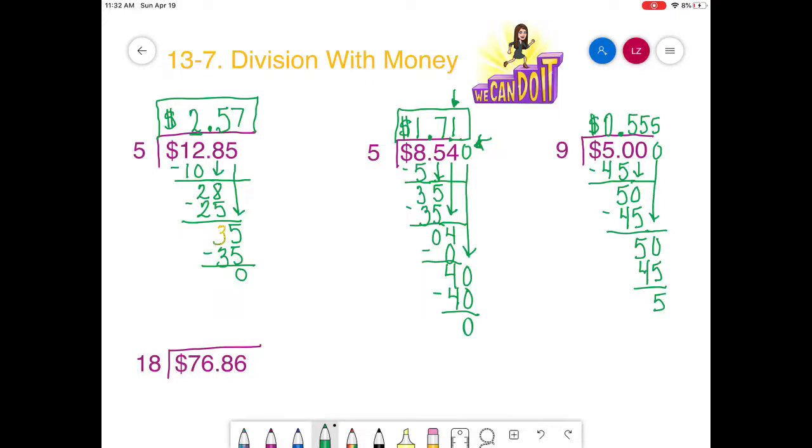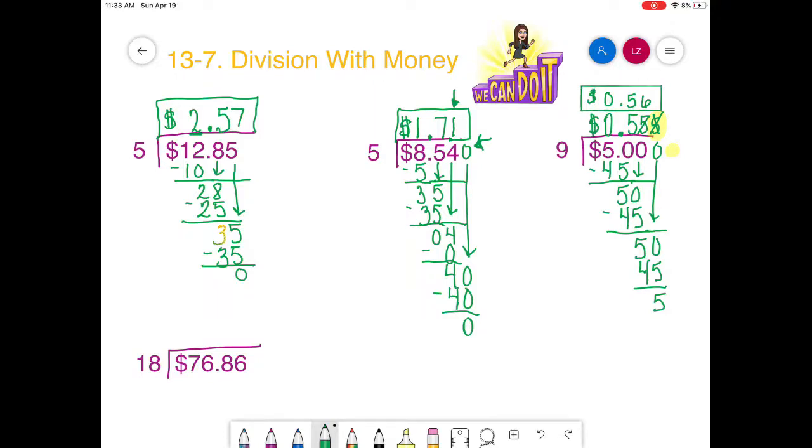Since this is money, we can stop now because we have our thousandths place right here. That number is going to tell us what to do with the penny. Do we leave it as 55 cents or are we going to bump it up to 56 cents? Since it's a 5 or more, we're going to raise the score. So we're going to change this 100th spot to 6. All right, we'll get rid of that. We just used that to judge what we needed. So our answer is going to be